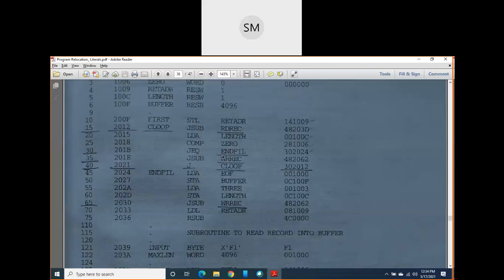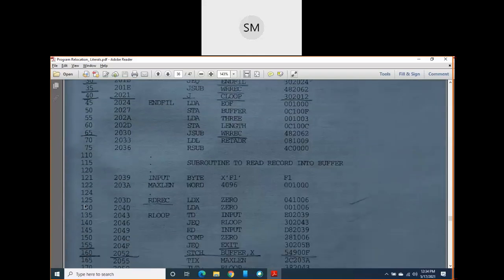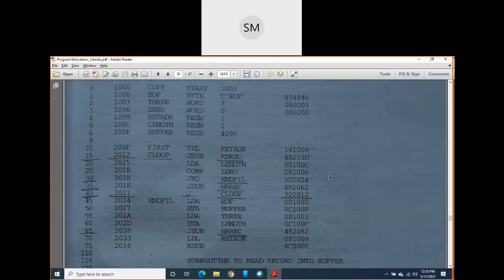Next, when you come to line number 30, one more instruction is there, that is JEQ. This JEQ has an operand, end file. End file is also not defined earlier, so the address of end file you will get in the next lines. It means that it is using a forward reference like RDREC, because RDREC is defined in line number 125. So these all are once again using forward references here, right? These types of forward references we have to eliminate, and how to eliminate them I am going to discuss today.